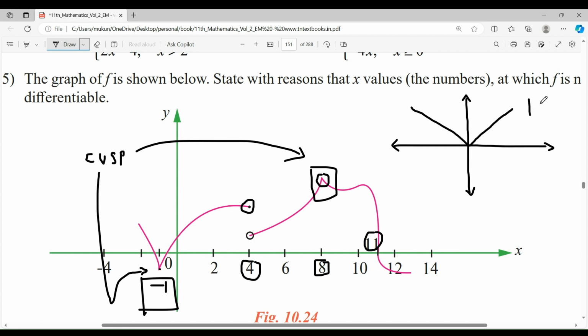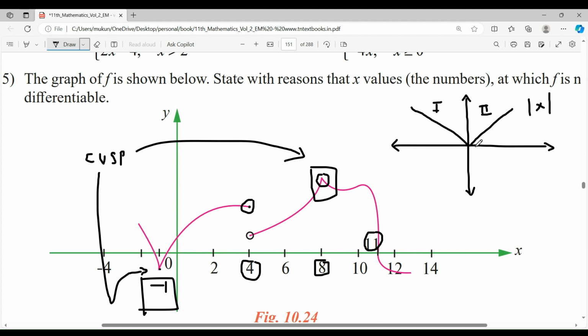So what happens in this case? What is this? We know this function very well. This is mod of x, right? So for mod of x, for x lesser than 0, you see that this is the curve, right? I'm just going to call it region 1. And for x greater than or equal to 0, you have this region 2, right? So this function is a continuous function, but we have a corner at the